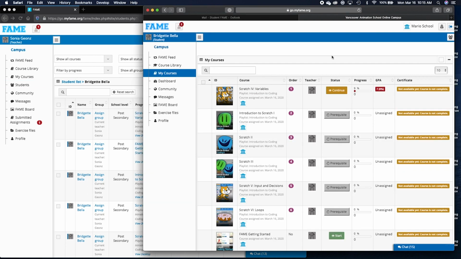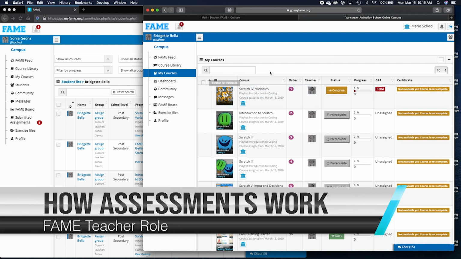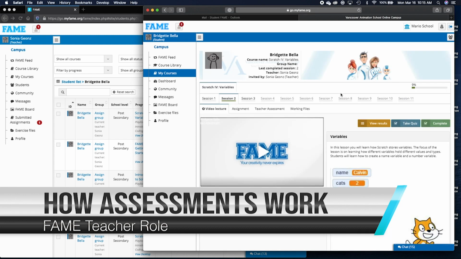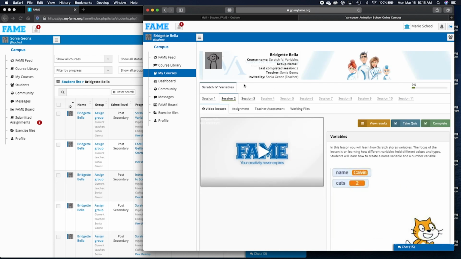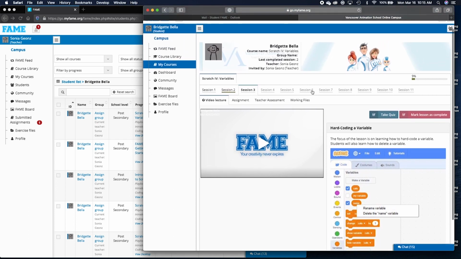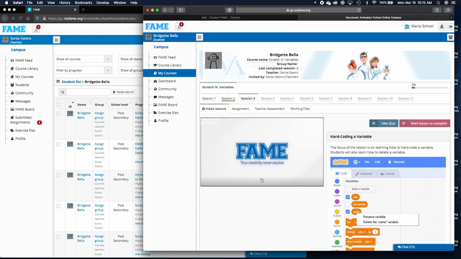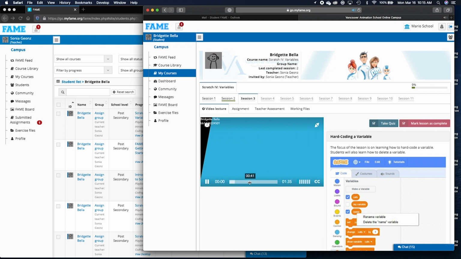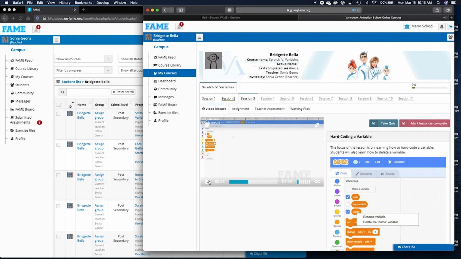Let's have a look to see how it actually works on the student side. So I have a course that I was assigned, and I can start or continue my course. Once I click on that, I can see my desktop as a student, and I can see that now my session 3 has been open, right? I can see the assignment, I can see the session, the lesson. I have to see it to understand what is required, right? And I also have a couple of things. I have a quiz to be completed, and I also have an assignment, so I have to successfully mark both,